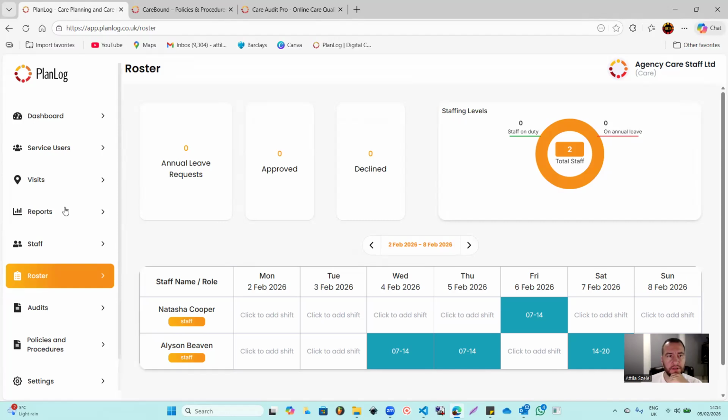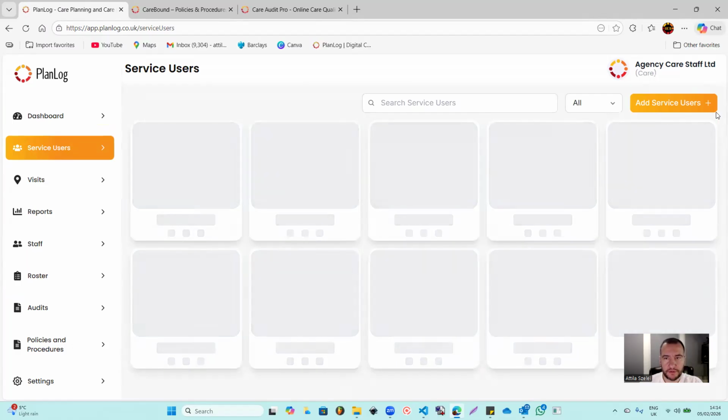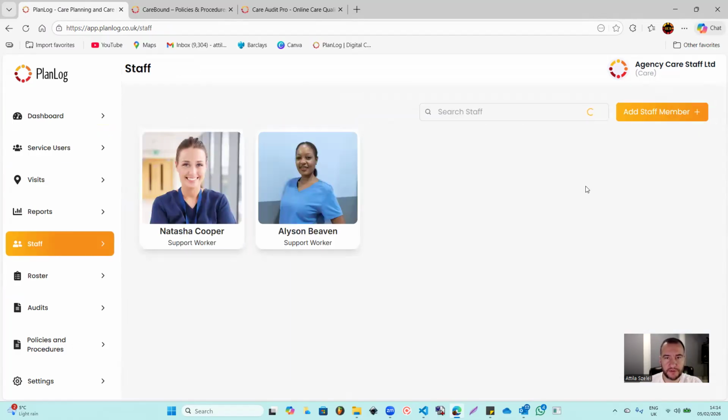Right, so that's PlanLog. I hope I haven't missed anything. If I did, just drop us a message. So you know how to add service users, you know how to add staff. Once you add staff members, they'll receive an email and then they can log in through the mobile app. Yeah, with the mobile app,